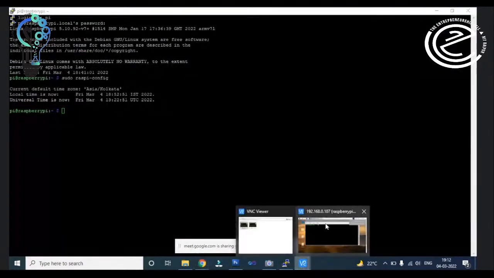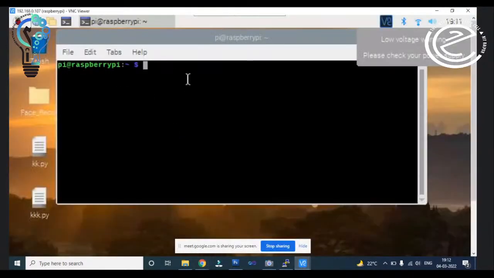And if you don't remember this command, you can search there. You can write sudo apt-get install arduino.